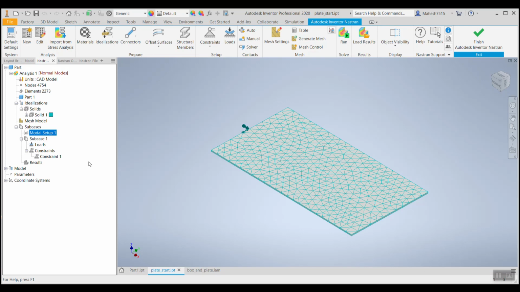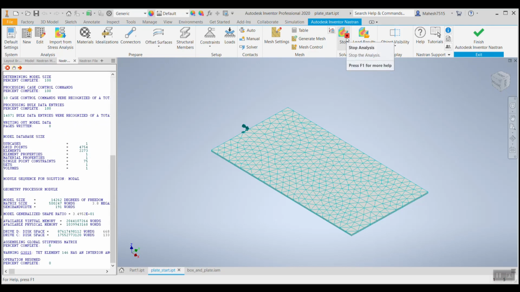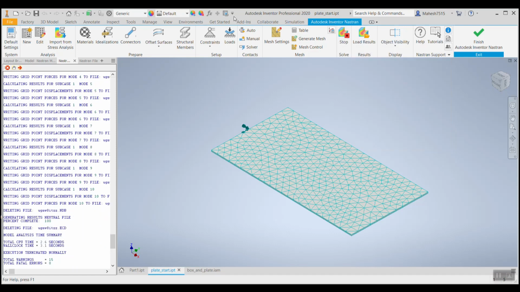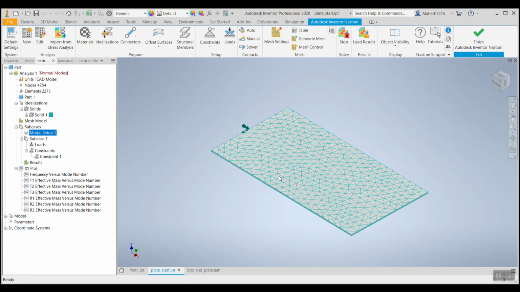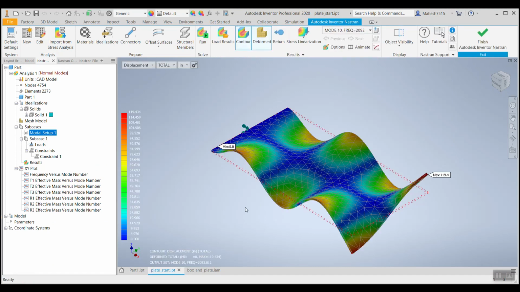And now let's go and solve the criteria. Inventor Nastran will automatically do its calculations and it will say solution is complete. Okay. So now you can see the results here.